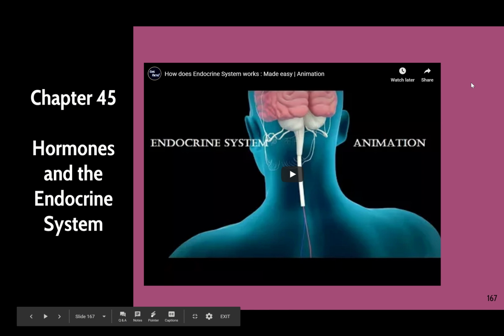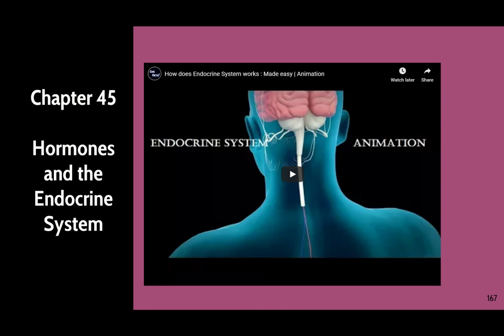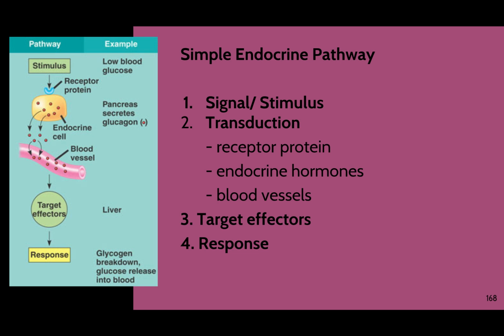And so one of the things that we're going to talk about today is the different mechanisms by which hormones and the endocrine system work. We're going to be specifically talking about local regulation versus long-term or long-distance regulation. But before we do that, we just need to review a little bit about signal transduction response, because we are still talking about signal transduction pathways. But because we're getting into the endocrine system, this is where that pathway becomes a little bit more complicated.